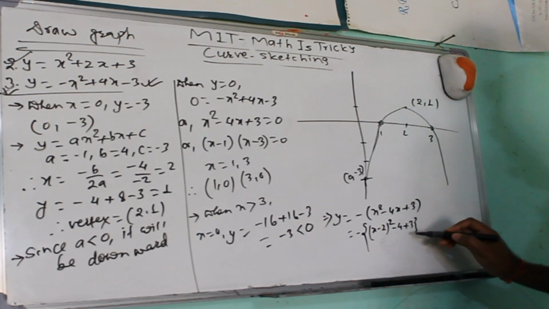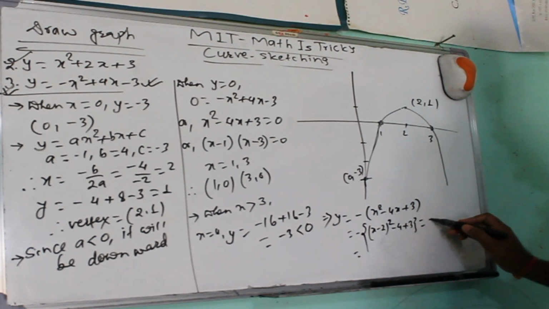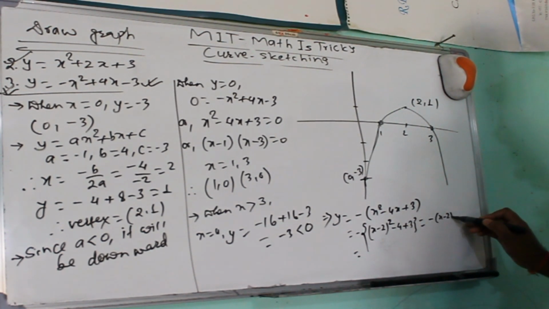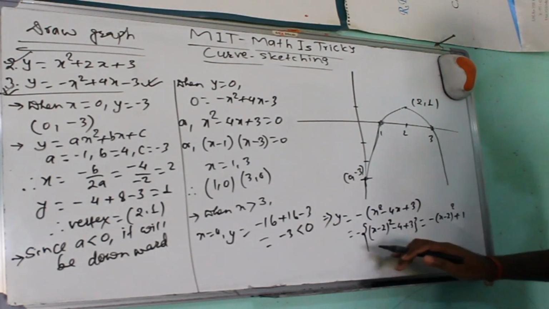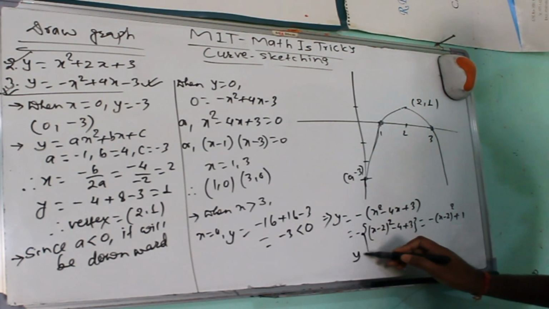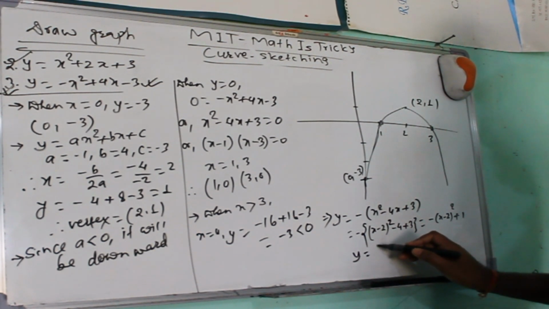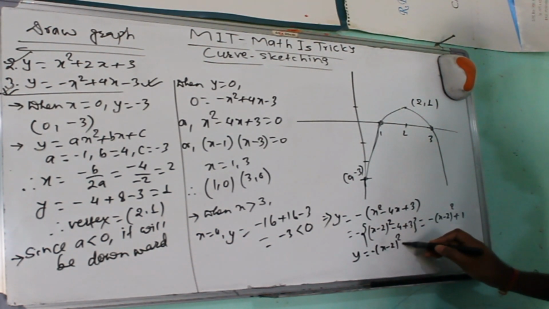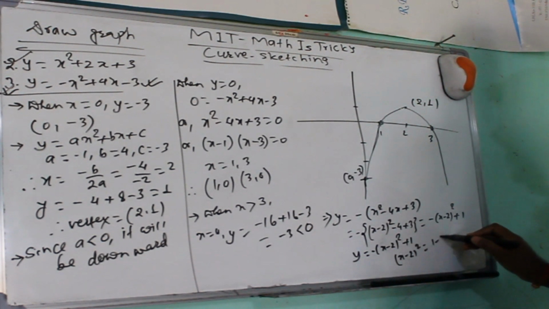So it is the same as minus (x minus 2) whole square plus 1, so you can write y equals minus (x minus 2) whole square plus 1,